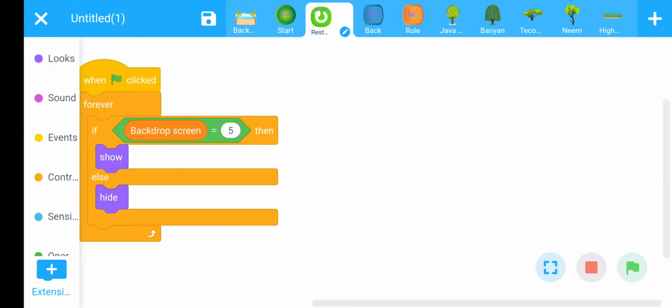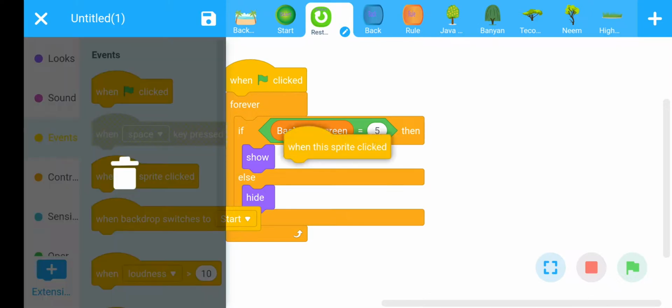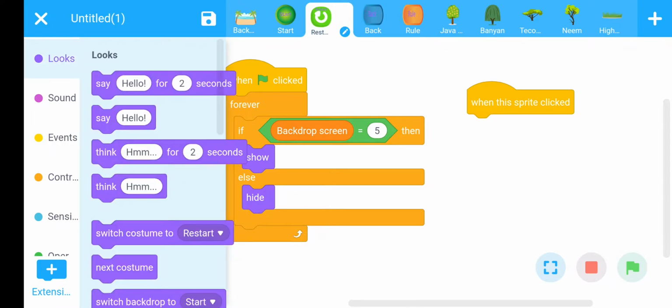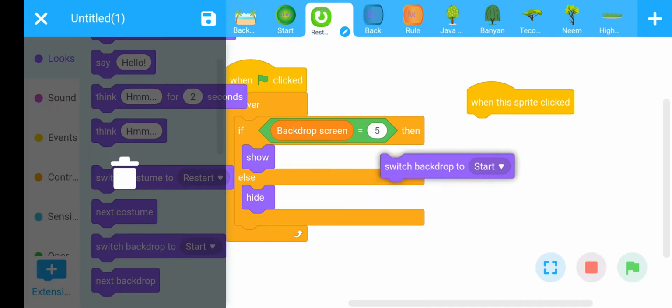Okay, what happens when we click on the restart button? Go to the Events section. When this sprite clicked, we should move to the start screen. Go to the Looks section, switch backdrop to start.